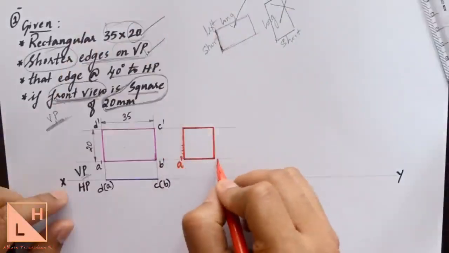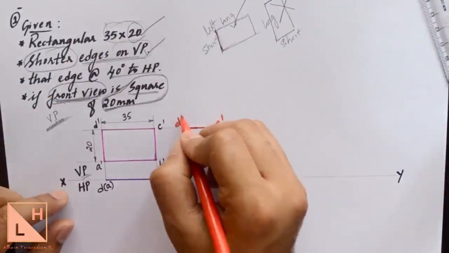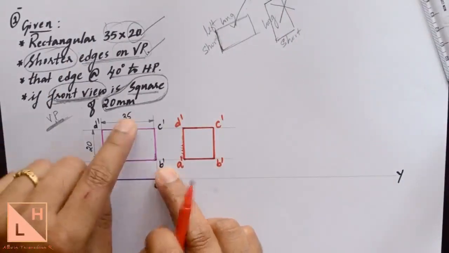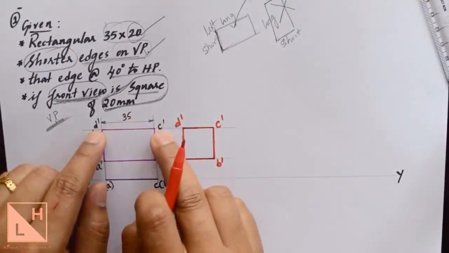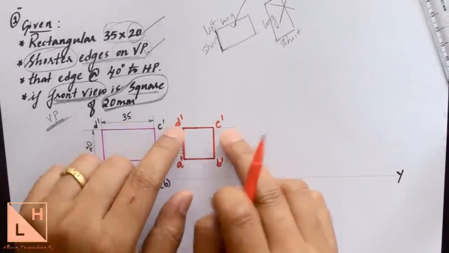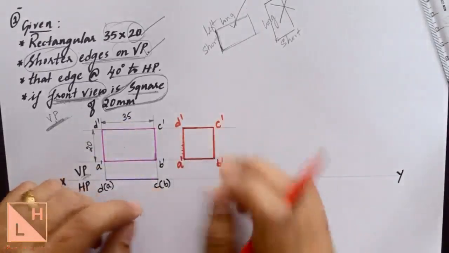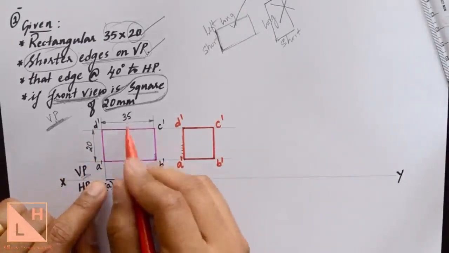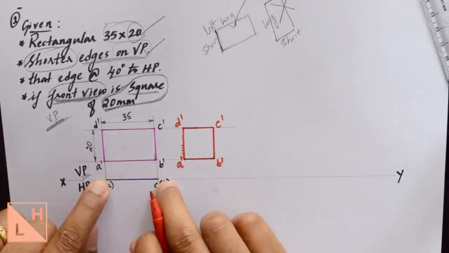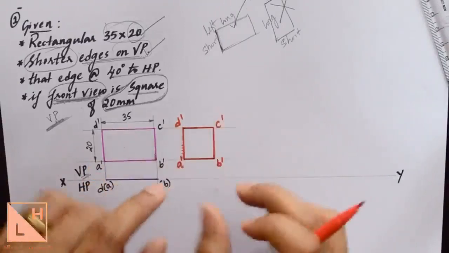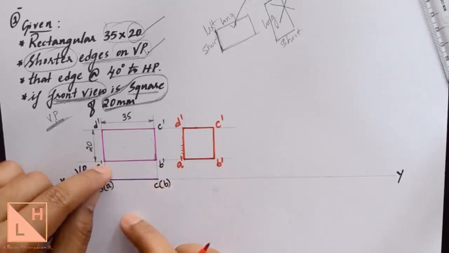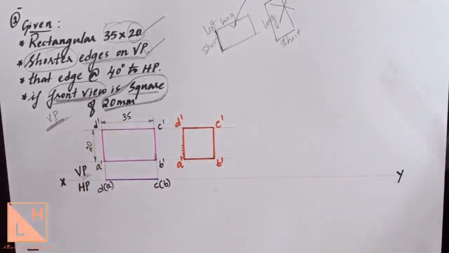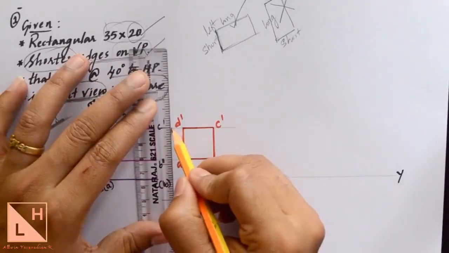So these will be the new points A dash, B dash, C dash and D dash. What has happened here is the edge length A dash B dash is reduced from 35 to 20. Same way C dash D dash was also 35 in the first position. Here it is reduced to 20, which means that in the second position we are not going to have this longer edge parallel. We'll get the true length, that is 35, only when that lamina is parallel to the plane. So this lamina is going to be tilted to some angle until this length 35 becomes 20 millimeters. Do not forget to mention the dimension of 20 millimeters.